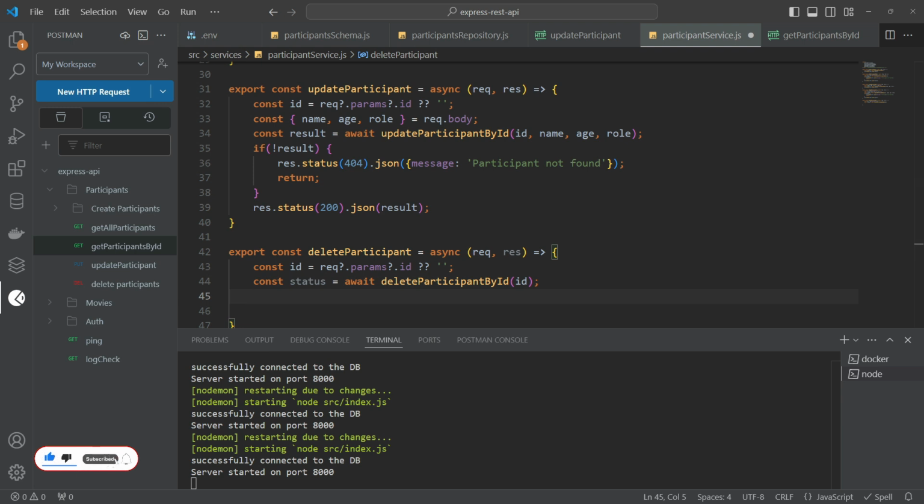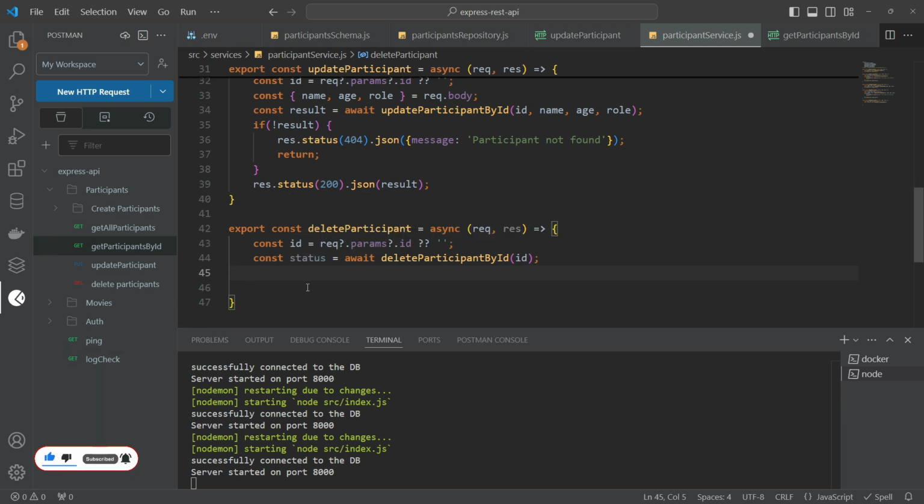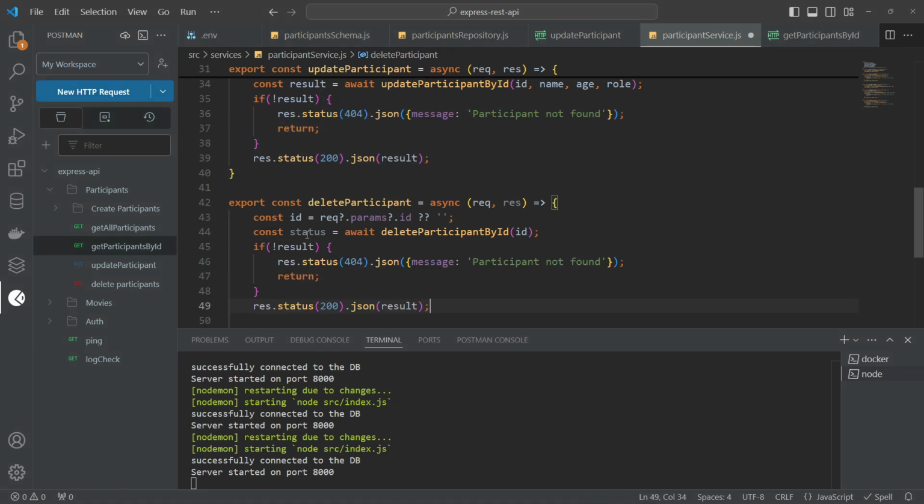Then this value is actually a boolean value, right? So here also I can add the same thing. So I'll say status, right? And I will name it as result, because anyways we have status here, so it might give a name conflict. So I'll say result, right? And if not result, then